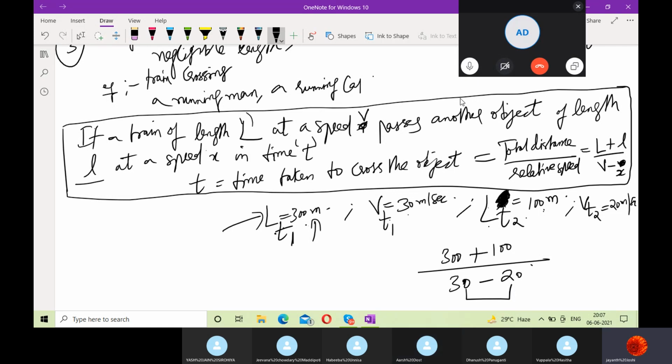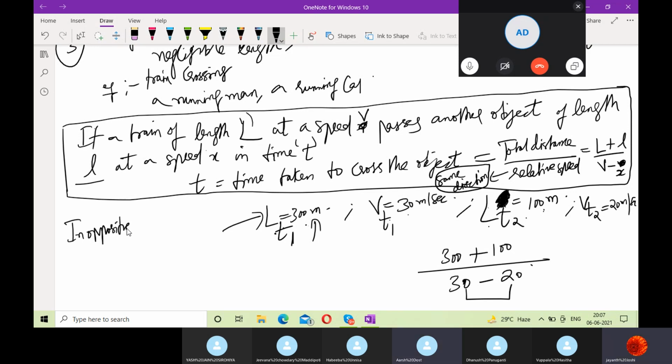And here one note also you should write down. Please write down the note. This relative speed is in the same direction. Okay. So in case of same direction, you should take v minus x because they are going in the same direction. If it is in opposite direction, then